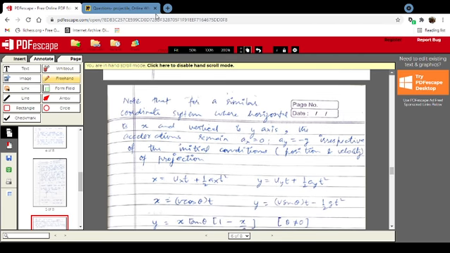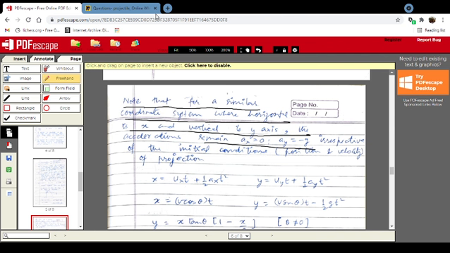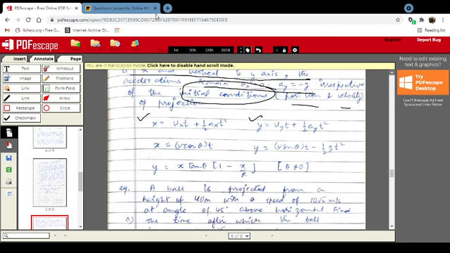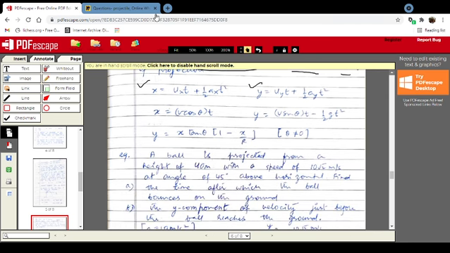So that is what we have written here. Note that for a similar coordinate system where horizontal is x and vertical is y axis, the accelerations remain the same irrespective of the initial conditions, that is the position and velocity. And that's why the equations of x and y, and the equation of trajectory, also remain the same. So let us do an example.